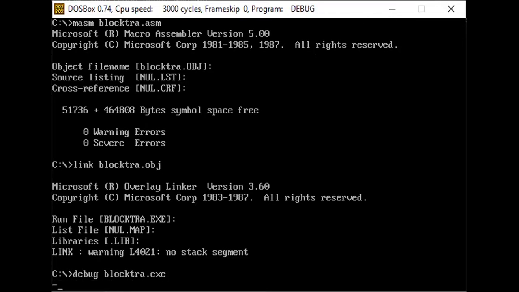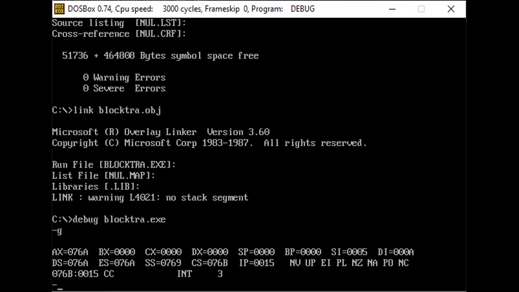And now the following commands are used to execute the code: G. And now we specify the address where the destination block and the source block are stored. It is given as 076A.